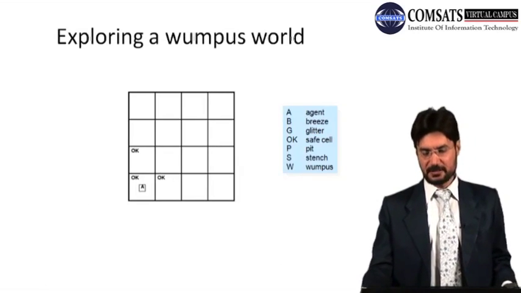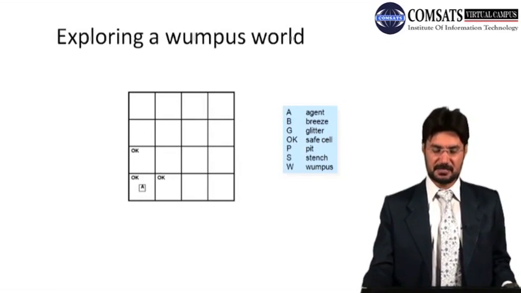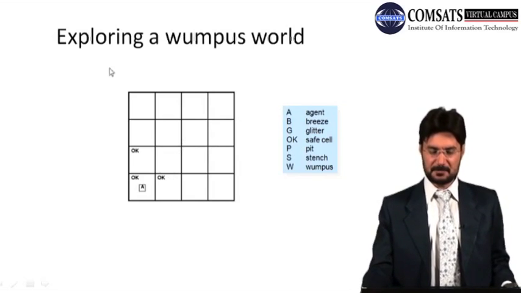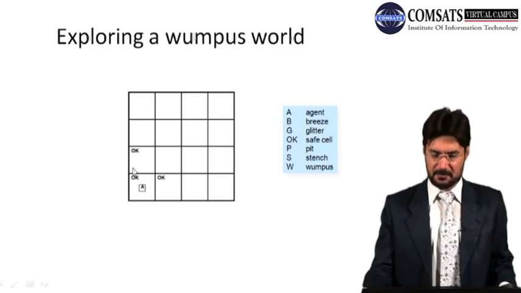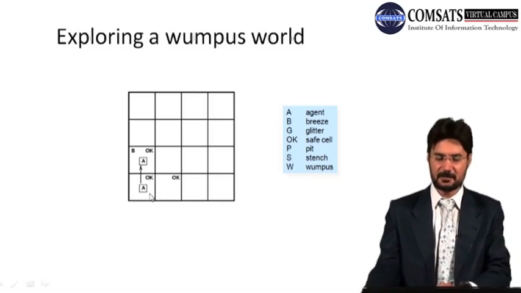اب ایک چھوٹا سا اور سیناریو میں آپ کو دیتا ہوں تاکہ اور انڈرسٹینڈنگ ہو جائے اس کی۔ کوئی ایگزامپل، ہمارے پاس اس کا کوئی میپ نہیں بنا ہوا، ہم کمپلیٹلی بلائنڈلی جا رہے ہیں۔ ہم اے پہ ہیں، ہمارے پاس اوکے کا سگنل ہے، مطلب یہ کہ ہمیں نہیں پتا کہ یہ اگلے 2 میں کیا ہے۔ اگر کچھ ہوتا تو ہمیں بریز یا سٹنچ آ رہی ہوتی، تو ہم کریں گے کیا کہ ہم کسی ایک طرف گئے۔